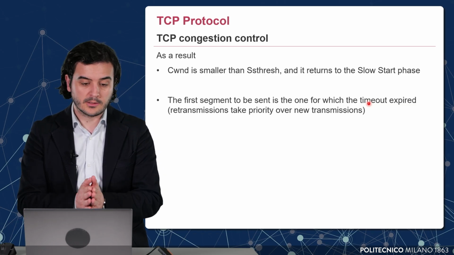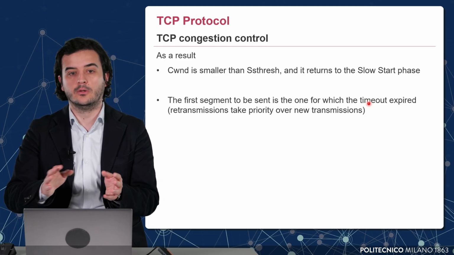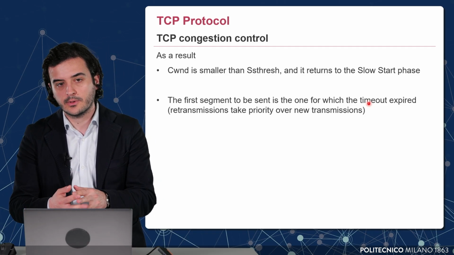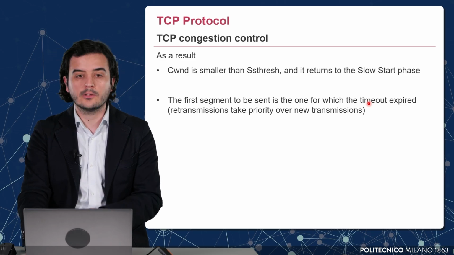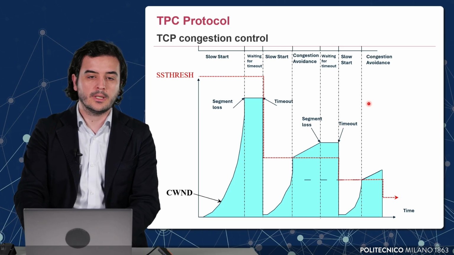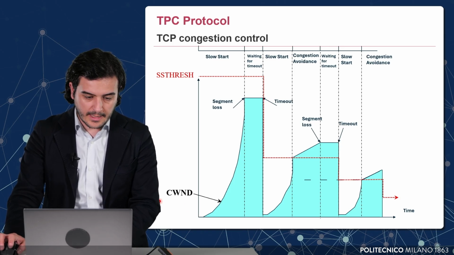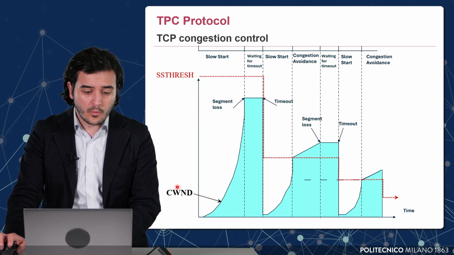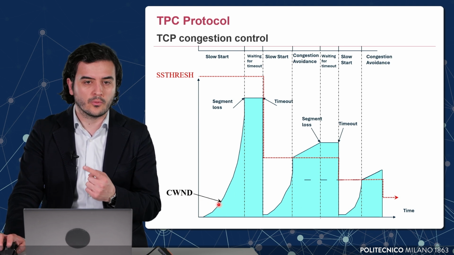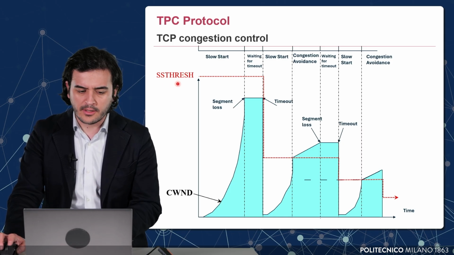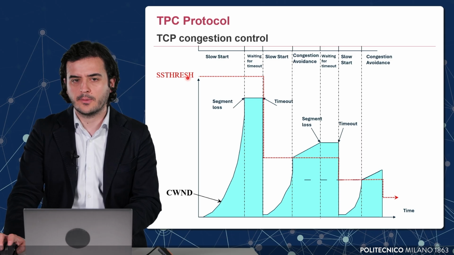To visualize all of these steps on resetting the value of the congestion window and the threshold, let us look at an illustrative example. We see an example in which we have the value of the segment sizes on the y-axis and time on the x-axis. We start with a congestion window equal to 1 because that's the initial value, and we have calculated or given a value of the SS threshold.